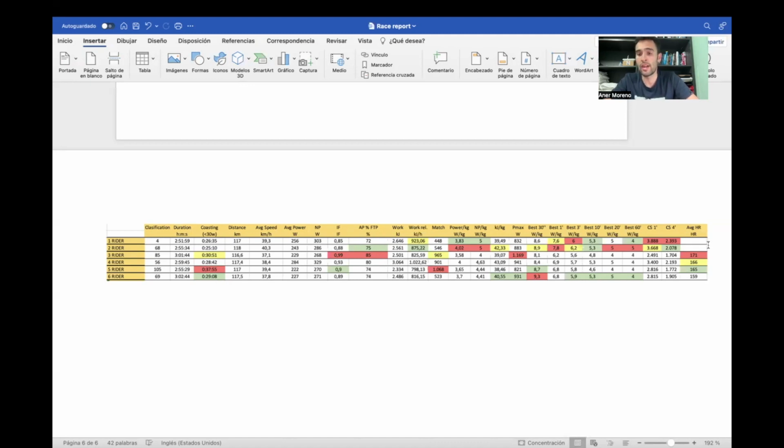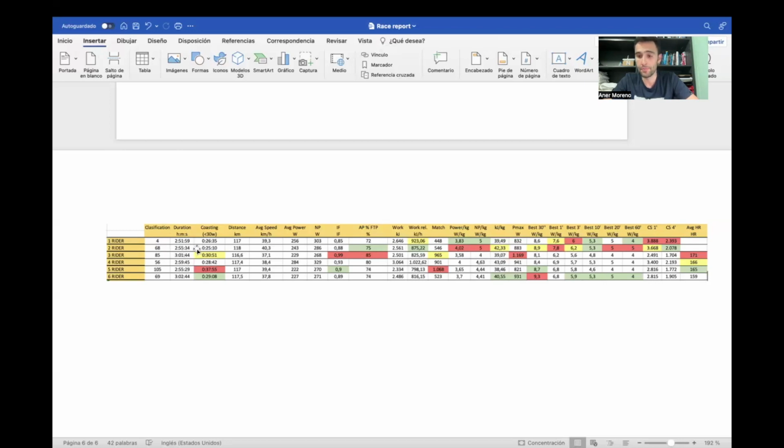But as we can see, and as Peter Leo said, the compound score is a predictable value of the race result, as we can see here in the classification, the fourth place and the compound score of 1 minute and 4 minutes. I know Peter Leo selected 5 minutes, but I think a 5 minute effort is much more difficult to reach in a race. So 1 minute and 4 minutes are the best ones for almost the best riders of the race.